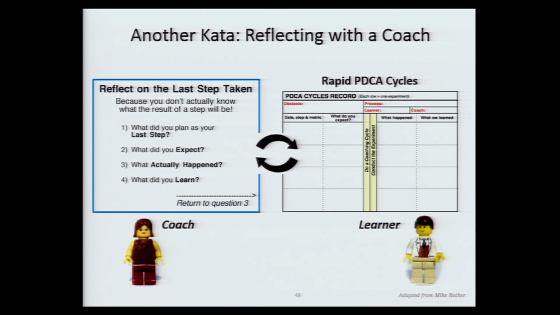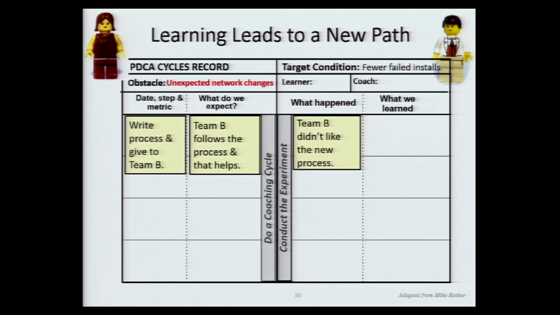And the coach is not there because they know more about the process. Often they don't. At Toyota, it's typically the manager coaching the individual or coaching someone who reports to them. We've also seen people doing it at a peer relationship. But the coach's job is to help the learner slow down and think about what they learned. So the kata is on a card that they carry, which you see a picture of here, asking you to reflect on the last step you took. So what did you plan as your last step? And the person answers. And what did you expect to see? What happened? And what did you learn? So at this point,